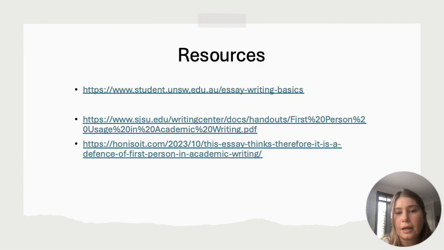The next links, like I said before, are resources for writing in first person. The first link goes over effective ways to avoid writing in first person, and I included that to show you examples of when you don't need to use first person. Again, just because it's allowed doesn't mean you should use it all the time in your assessment. First person writing doesn't always strengthen a paper, so you have to be particular when you use it.